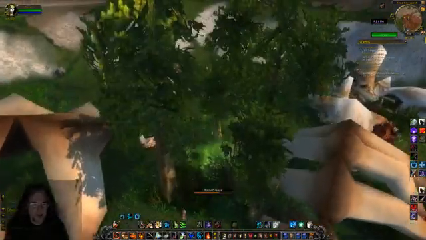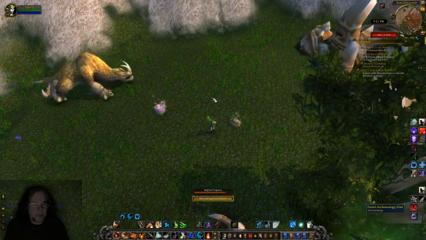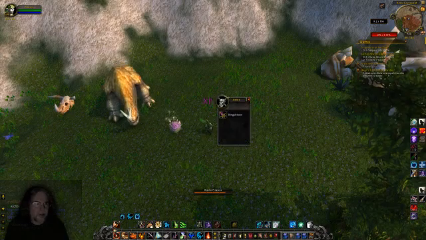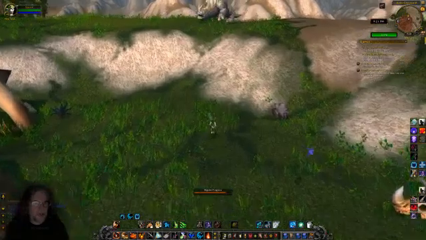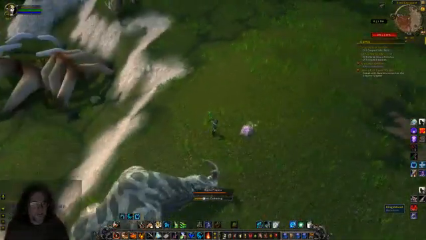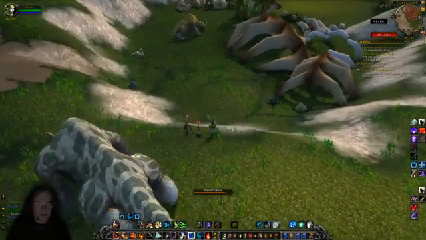Looks like something here. Oh, you got it. There's another one, and there's a herb. Looks like there's another herb over here. Can I get it? I think I can. Okay, might as well get them when I can. And then,